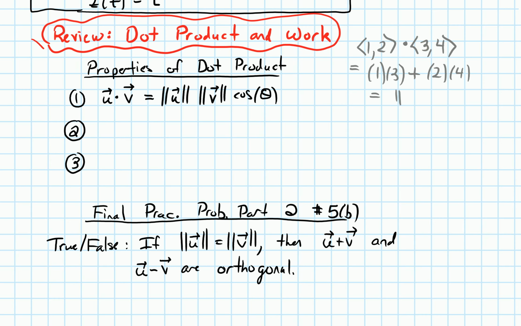But if we're interested in stuff like angles between vectors and whatnot, then this first property of the dot product, using the lengths and the cosine of the angle, can be useful. Okay, so one of the results of this first property is that it lets us check for when two vectors are perpendicular. So u and v, two vectors, are perpendicular